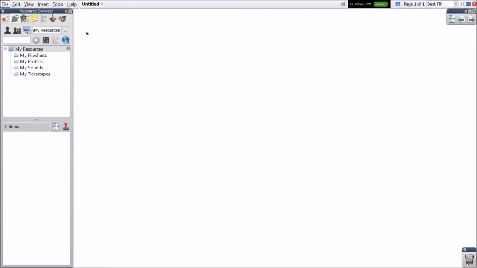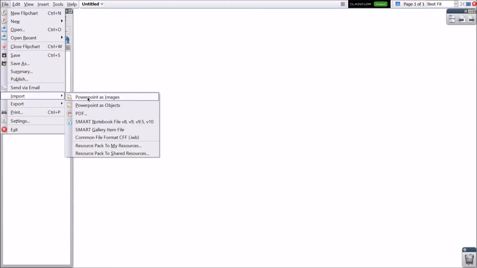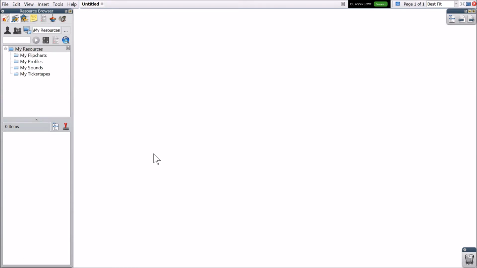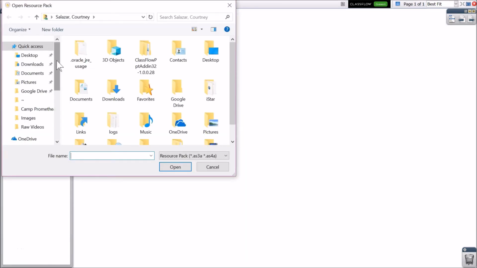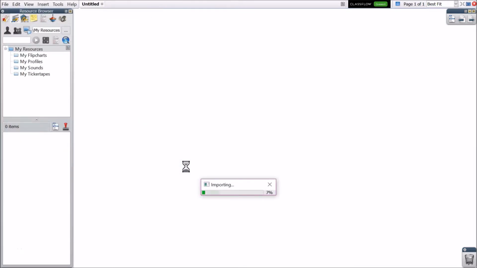Once your resource pack has downloaded, go to ActivInspire. Go to File, then Import. Select Resource Pack to Shared Resources. Locate the newly downloaded resource pack file and click Open. The resources will be imported